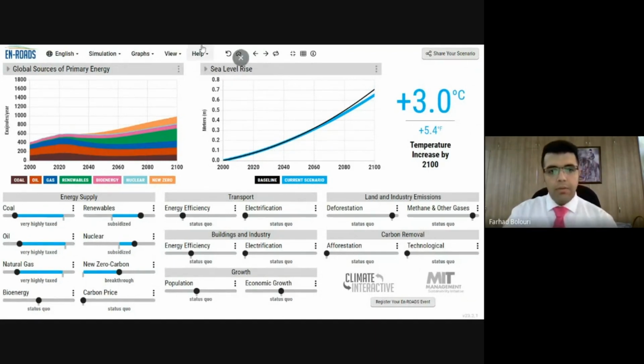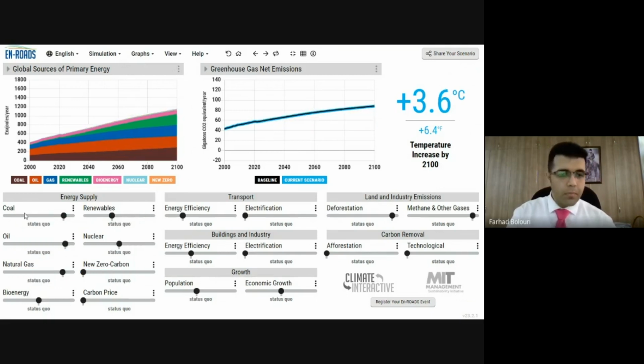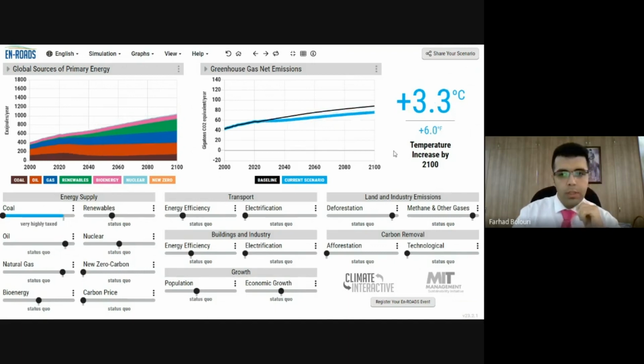Okay, now I want to show another thing about the model. We go to the first step of the model. Now I want you to pay attention to the degrees. You see, if the world remains like today, we have plus 3.6. Now I took the coal to the minimum. We have